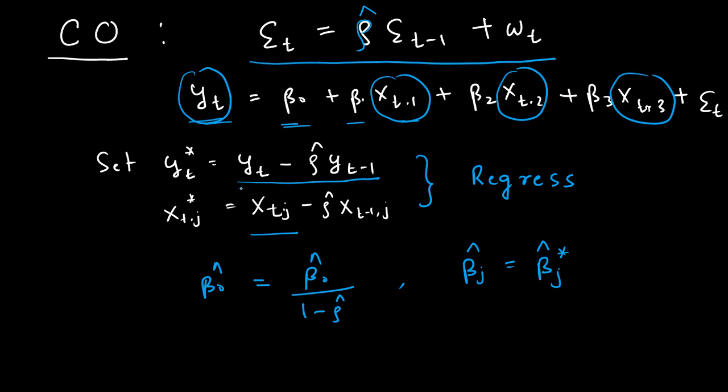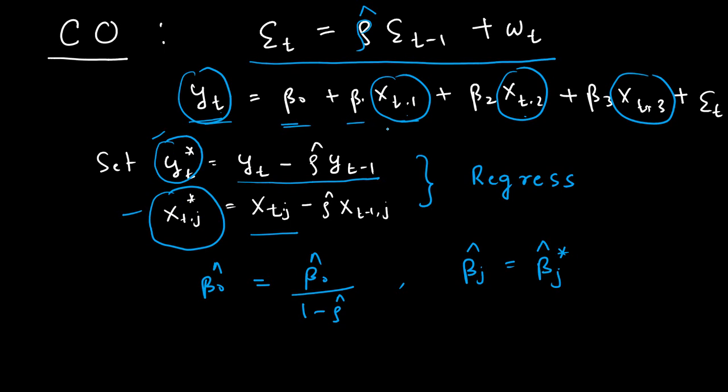So instead of regressing yt on xt1, xt2, xt3, we will do the regression with the transformed variables. This is the transformed dependent variable and this is the transformed independent one. So we'll regress yt star on xtj star instead of the original equation. We'll replace yt with yt star and xt1 with xt1 star, xt2 star,